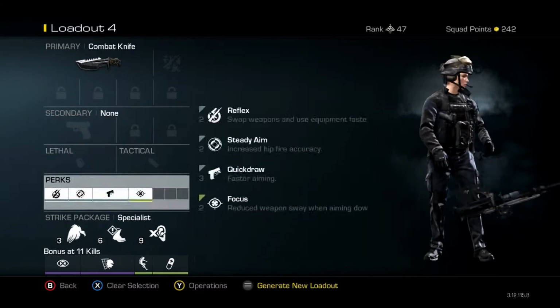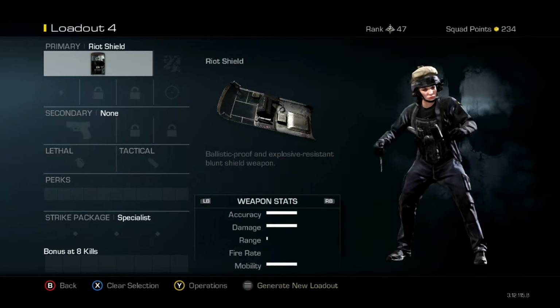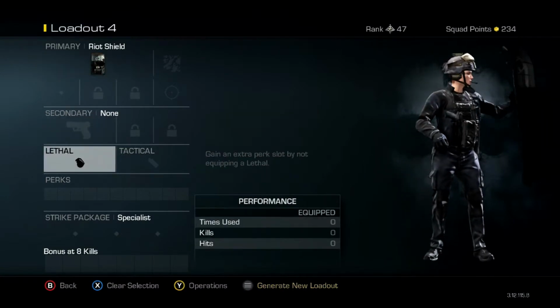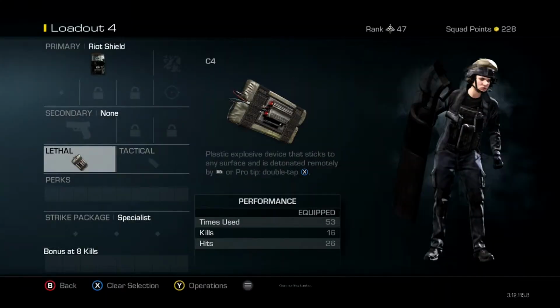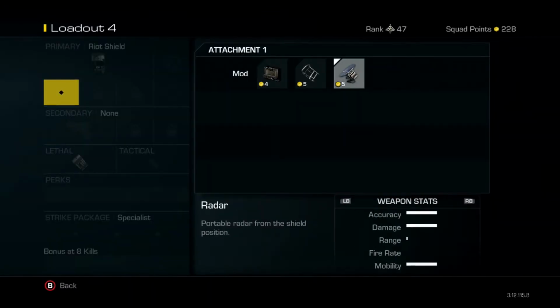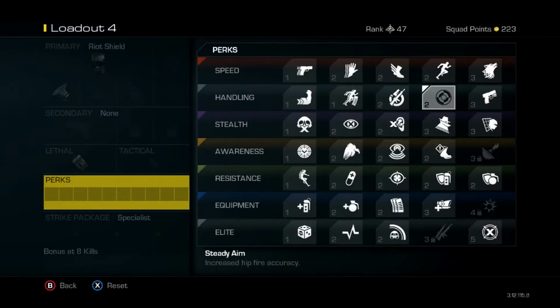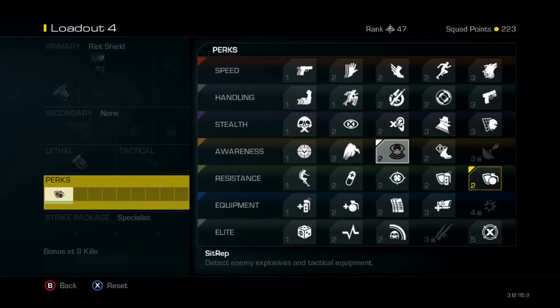Last is a riot shield. I normally don't show a riot shield class. I normally don't show any of these classes, to be honest, but there's a riot shield. All you need to do is throw on C4, which is really annoying, I'm going to be honest here, but I use the radar just so you can find more people fast, and because of this, I'd need blast shield, I'd need extra lethal,